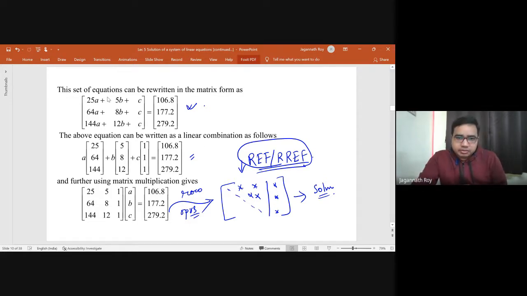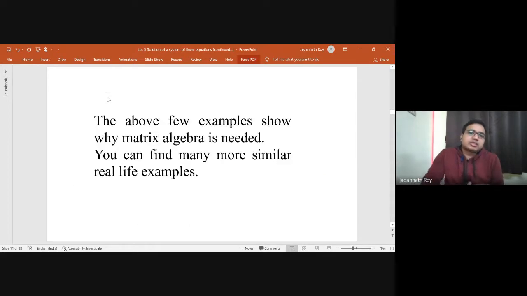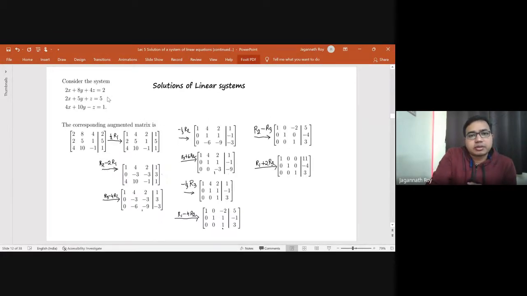So we have seen some examples, in fact, and these few examples are saying why we need matrix algebra to understand real life engineering problems or some other problems. Now you can find similar examples in your field. Okay, just try to think. Okay, just to recall,